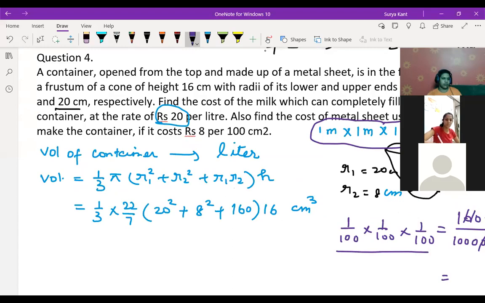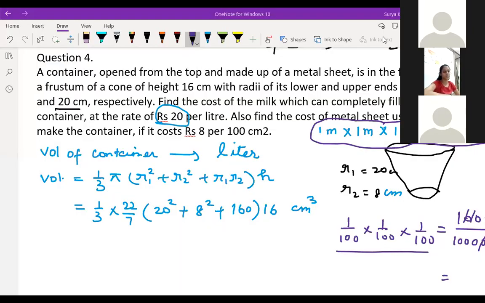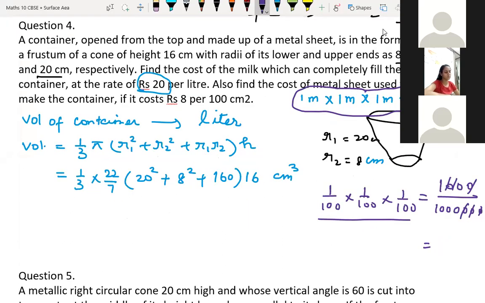See here, this is 1 centimeter, this is 1 cubic centimeter. So 1 cubic centimeter is equal to 1 by 1000 liters, right? That is 0.001 liters, correct? I converted meter to centimeter, meter to centimeter, meter to centimeter, okay? And 1000 divided by, same thing we did, 1 by 1000 liters, so 0.001 liters we are getting over here.